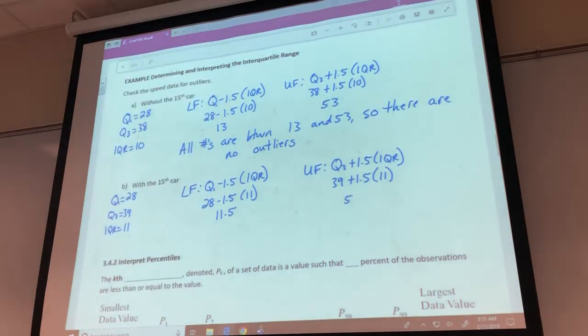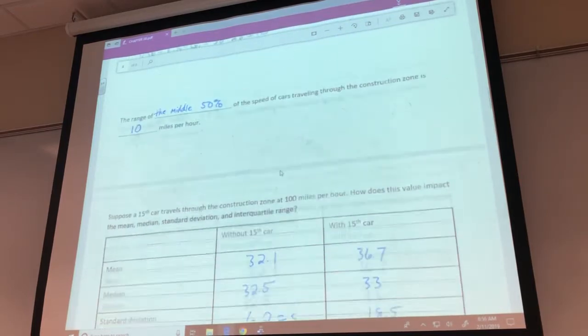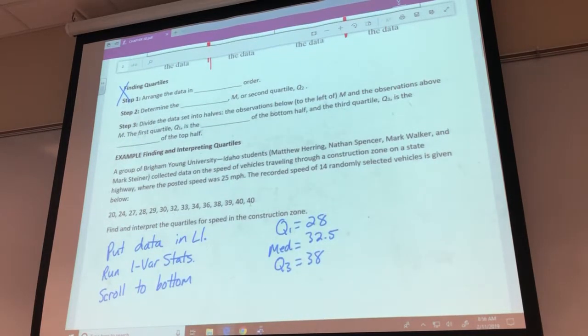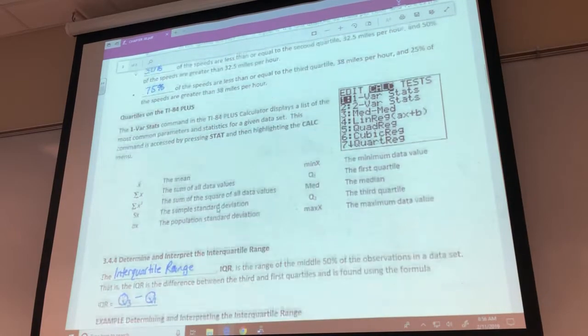Now I get 5.5. Okay, so as long as the numbers are between 11.5 and 55.5, they're okay. If we look back at my values, 11 and here. So all of these values are between 11.5 and 55.5, so these are all okay. The only one that's not is this extra